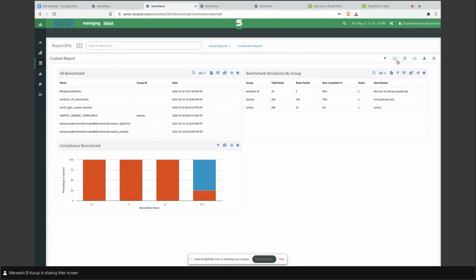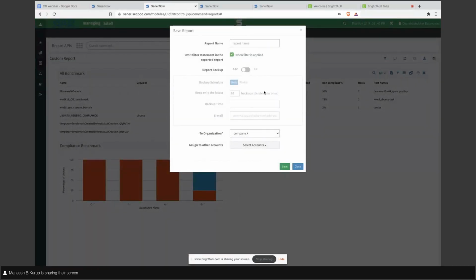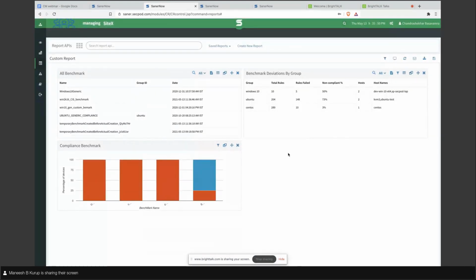Another thing is about saving this report permanently, and getting a backup of this on a day-to-day basis for comparison purposes, and getting it over email. All those facilities are available here. As the daily scan happens, you will be getting automatic updates of your daily compliance posture in your email, or you will be able to come to this console and download as well. So I hope that is helping the customers to get a day-to-day compliance posture of their organization.